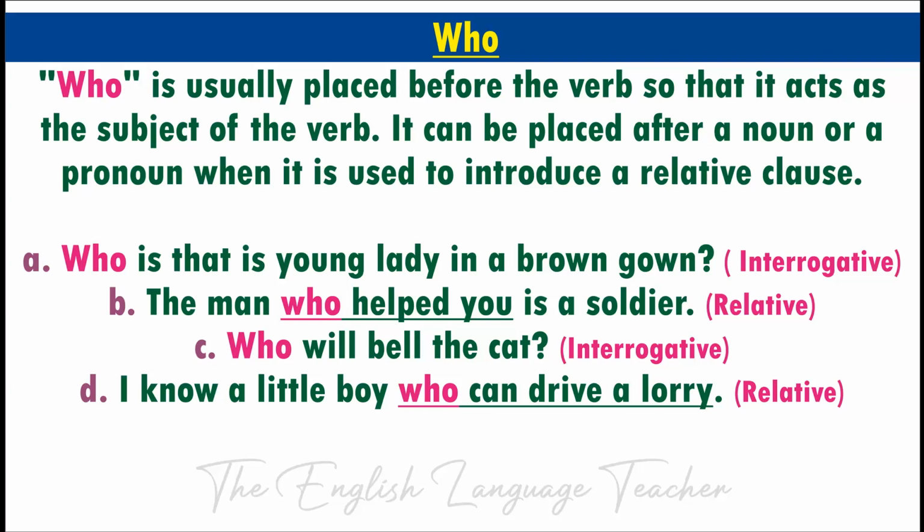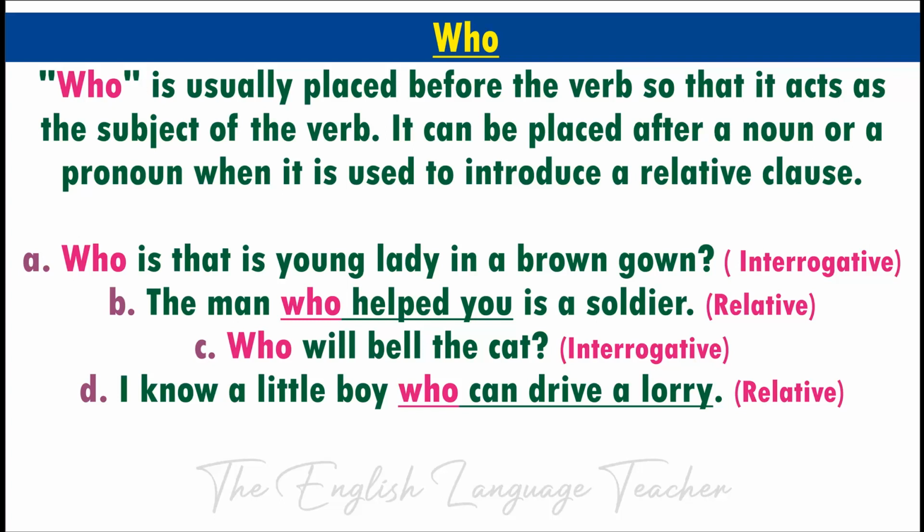In this case, who is used as an interrogative pronoun because it is used to ask a question. So whenever any of these pronouns are used to ask questions, they are used as interrogative pronouns. But whenever they are used to introduce a relative clause, they are used as a relative pronoun. Example B. The man who helped you is a soldier. In this case, who is used as a relative pronoun because it is used to introduce the relative clause, who